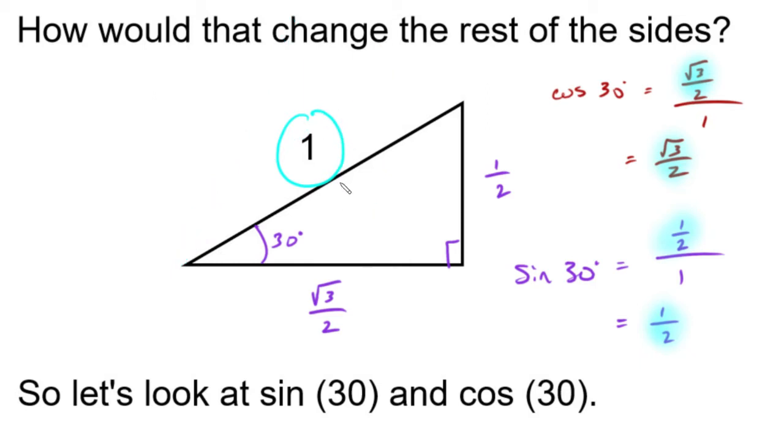So cosine of the angle is always going to be the adjacent side length divided by 1, which is just the adjacent side length. So let's get that straight. In the unit circle, sine of an angle is always going to be